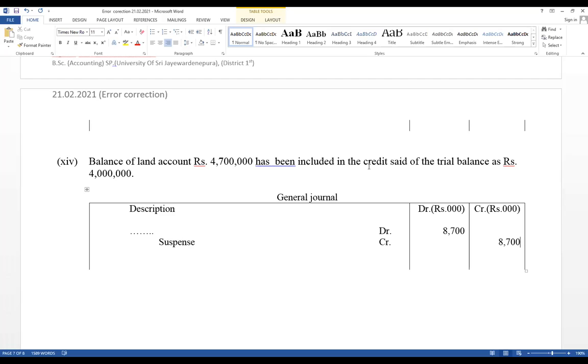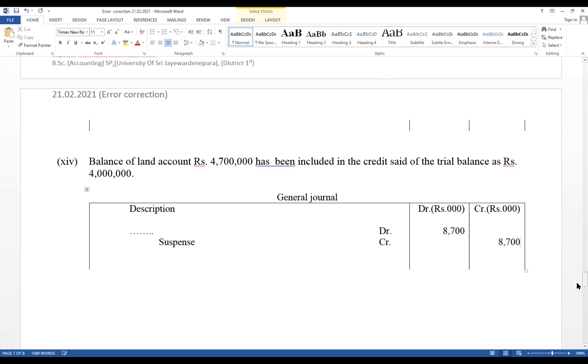But errors of principle, errors of omission, errors of commission, compensating errors, that part I have already discussed. Those kinds of errors, although trial balance is equal, can be seen. Therefore, those kinds of errors do not affect suspense accounts. Right. This is the thing you have to know. You have to know how to write double entry, how to prepare a statement of profit correction, and how to prepare suspense accounts. And sometimes they ask,